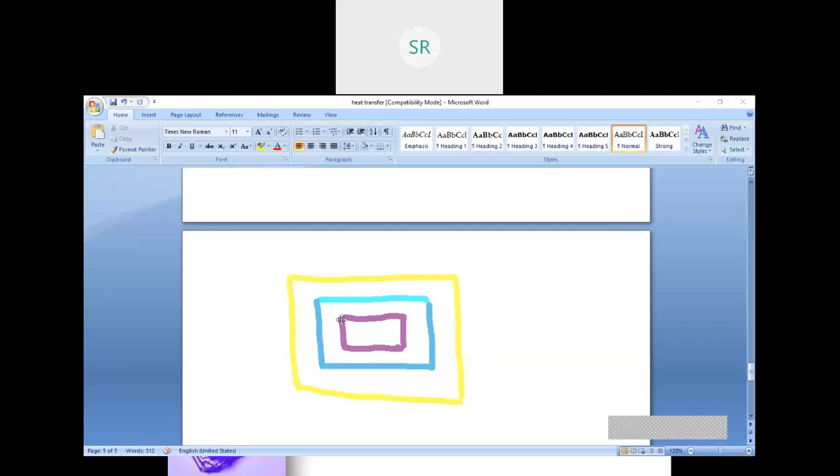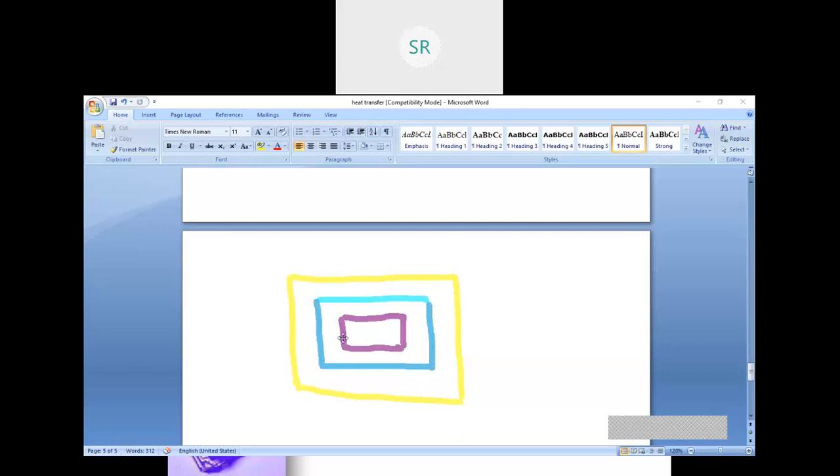So for that, what I'll do is I'll mask this complete layer, and at the same time I'll mask this layer also. Masking in the sense covering this entire rectangular layer or entire rectangular line.